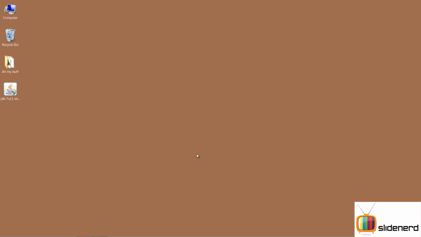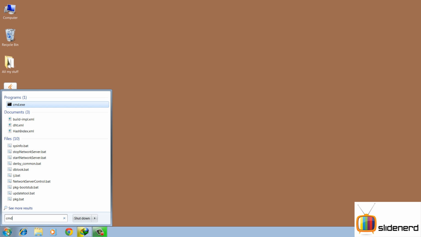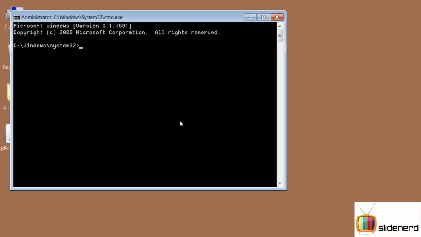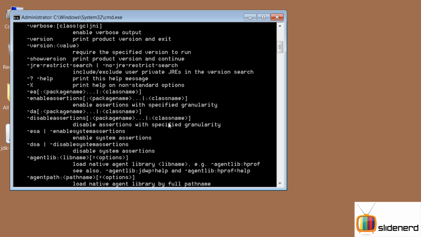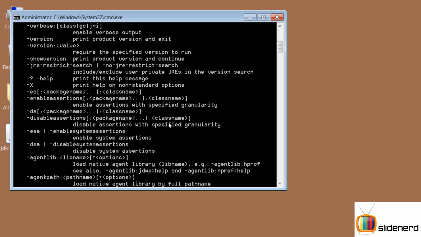At this point we have installed the JDK, but how do you know if it was installed successfully? I mean, how do you know if Java is there in your system? It's one way to find it out. We go to start, run, cmd, run as an administrator. I'm gonna go back to C drive. Now if you type Java over here, you get a big list, and now this shows that the system is installed correctly.